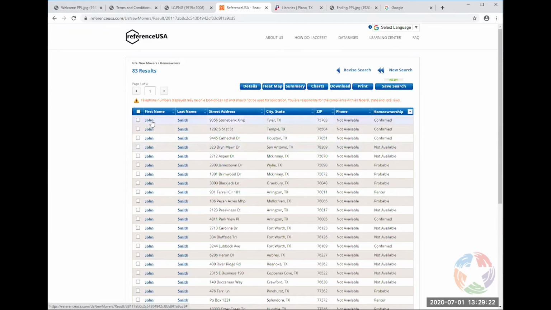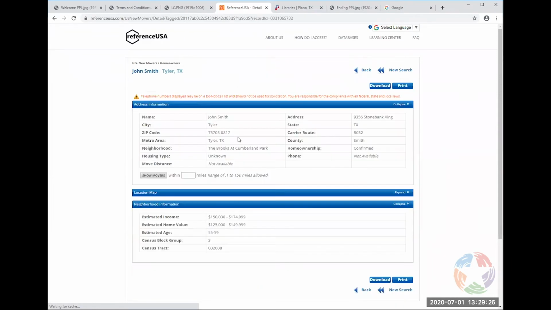Okay, so if you did, for whatever reason, want to contact this John Smith, you would click on his name, and this is the information that they're going to give you. They're going to give you his metro area, what they might possibly know about him, his address, if he's the homeowner, and then they're going to give you general neighborhood information.